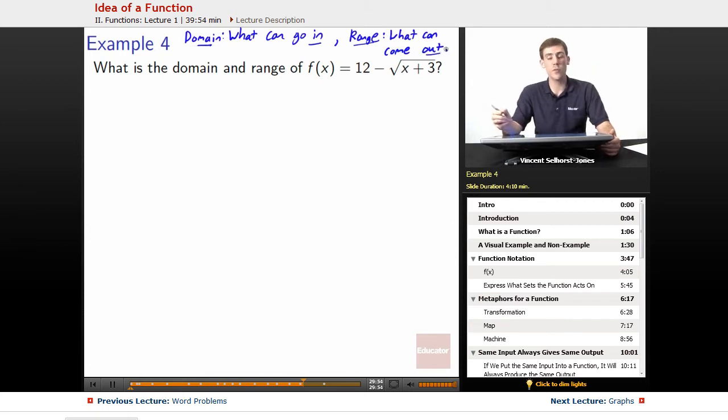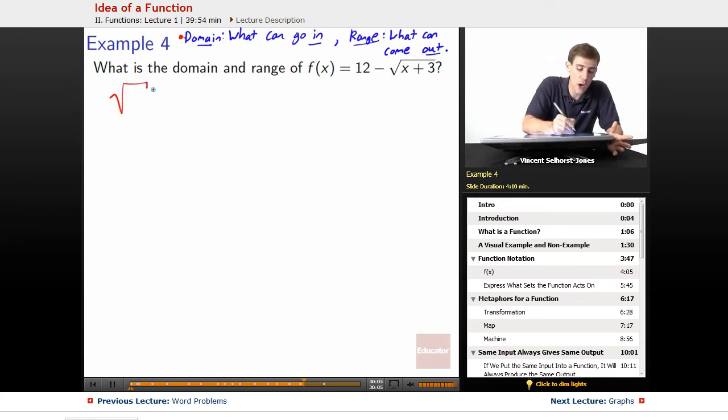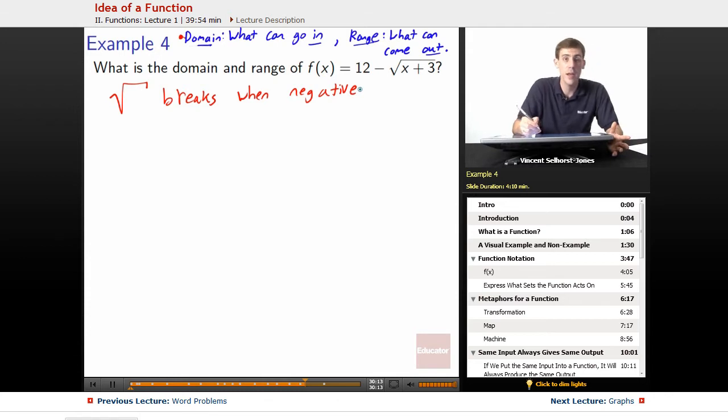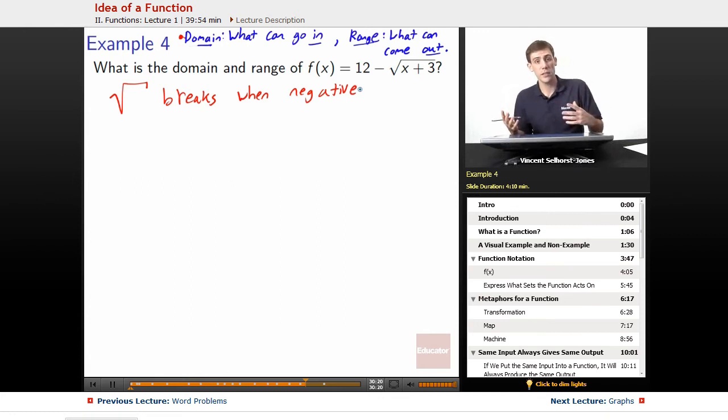So what we first want to do is figure out the domain first. What can go in without breaking this function? So is there anything that can break in this function? We go, oh, right, square root breaks when negative inside, right? We can't take the square root of negative 1 because there's no number, at least no real number, that you can give me that would square to give us negative 1,